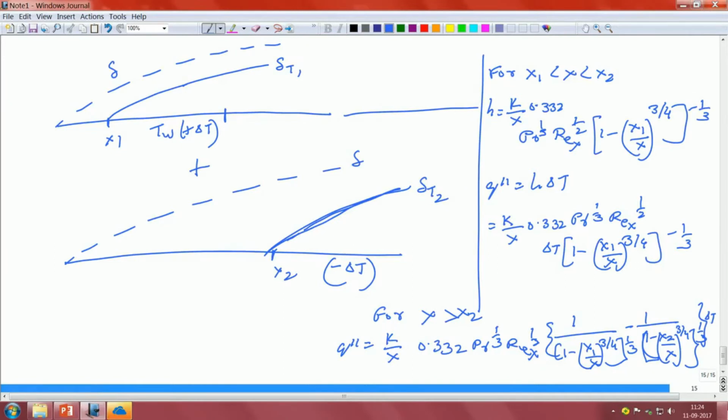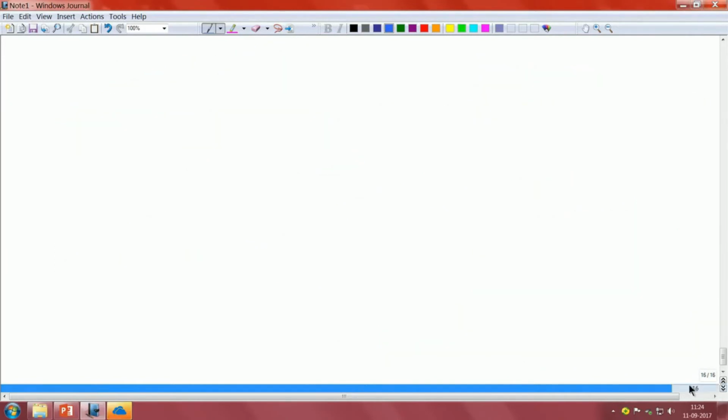Let me write it maybe in a more proper form. So q double prime is equal to k by x times 0.332, Prandtl number to the 1/3,